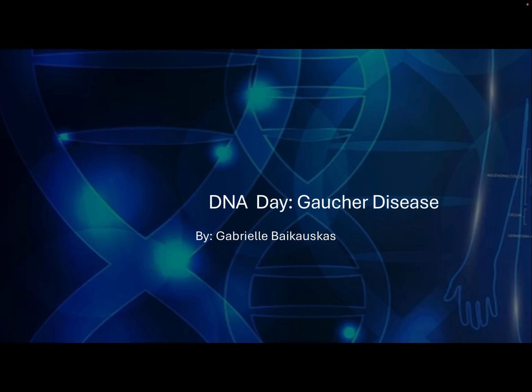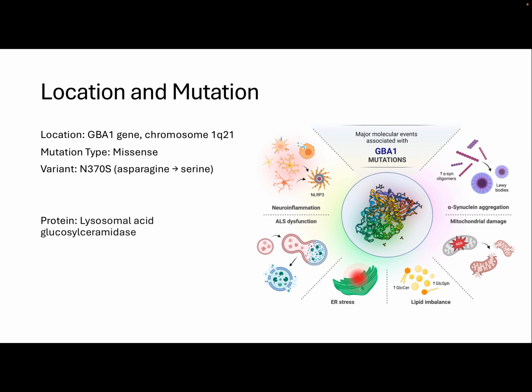I'm making a continuation of Gaucher disease. So the location and the mutation is going to be found in the GBA1 gene on chromosome 1, specifically on the Q arm. And this mutation type is going to be a missense for this particular variant. It's changing an aspartate to serine, and it's going to cause a misfold and a misshape in this protein,